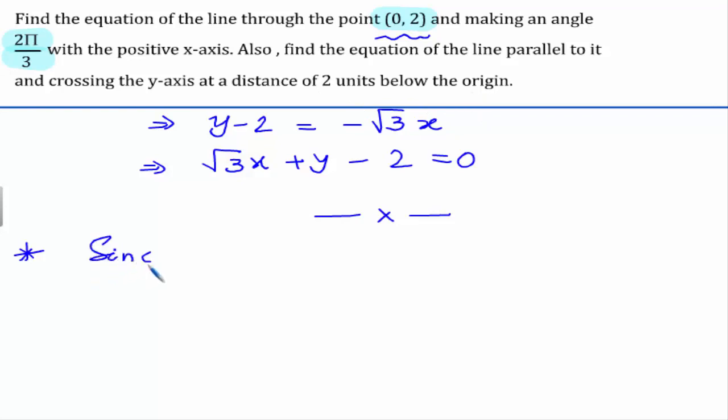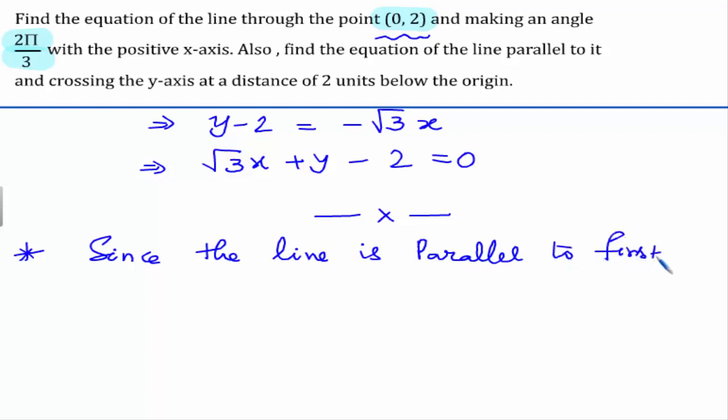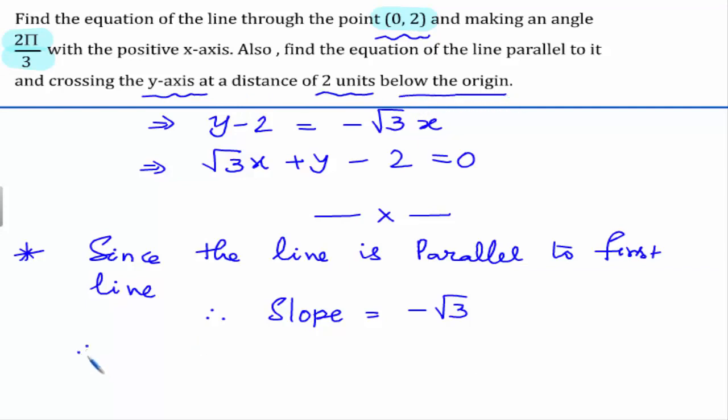So since the line is parallel to the first line, therefore the slope will also be the same, because when two lines are parallel, their slopes will be equal. And since it is intersecting the y-axis at a distance of 2 units below the origin, therefore the line is